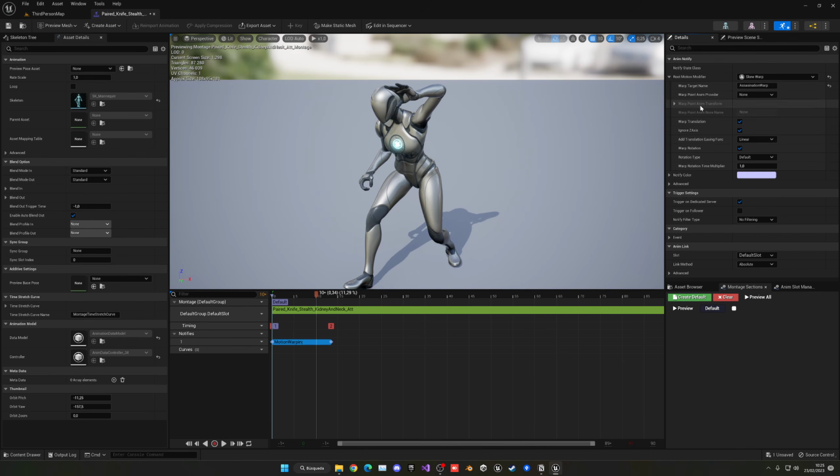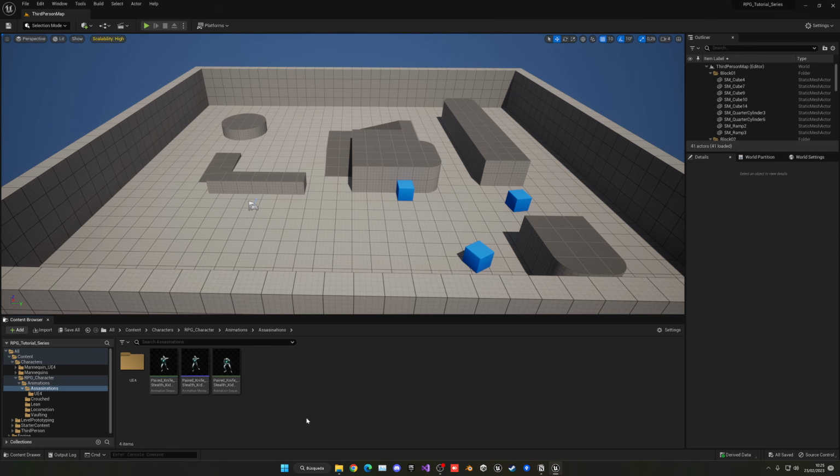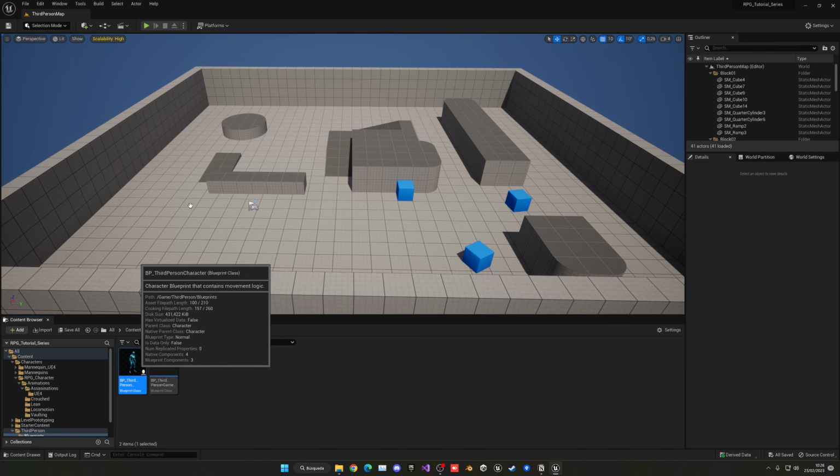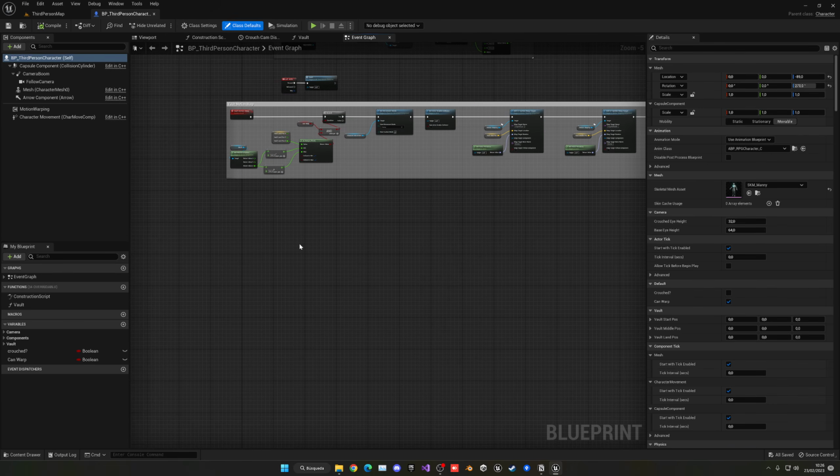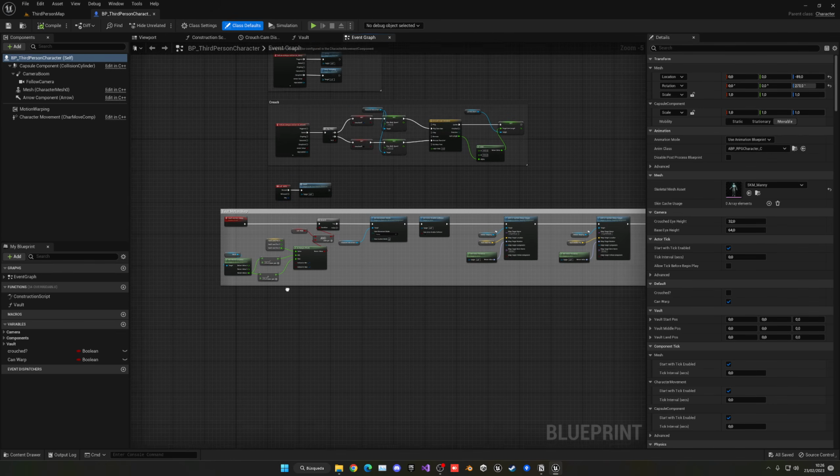And we'll leave everything as it is here. We don't have to touch anything. We're gonna save and close it. Great. Okay, so now what we're going to do is go ahead and go into a third-person character blueprint. All right, so open it up, and what we're going to do is go ahead and basically make our new